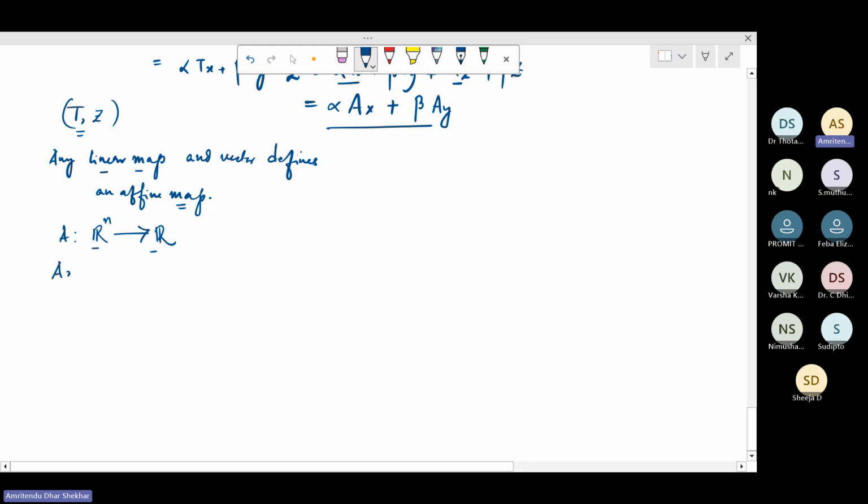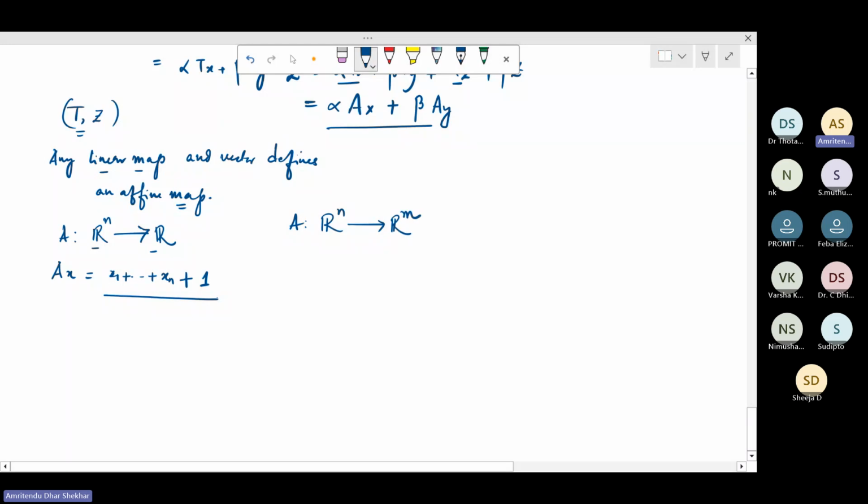So A of x is equal to x1 plus xn plus 1. This is an affine map from Rn to R. Right. Now, if you want an affine map from, let's say, Rn to Rm, say,